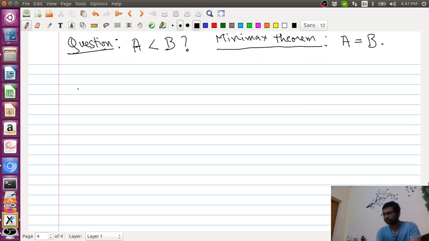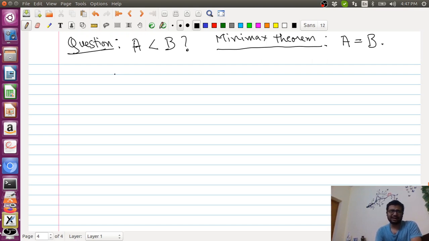Now let me just say a couple of motivating applications of the Minimax theorem. Minimax theorem has extensive application in computation. When people talk about probabilistic computation, Minimax theorem shows up in a lot of places, and that version generally goes by the name of Yao's Minimax theorem, which is basically an application of von Neumann's Minimax theorem to computation.